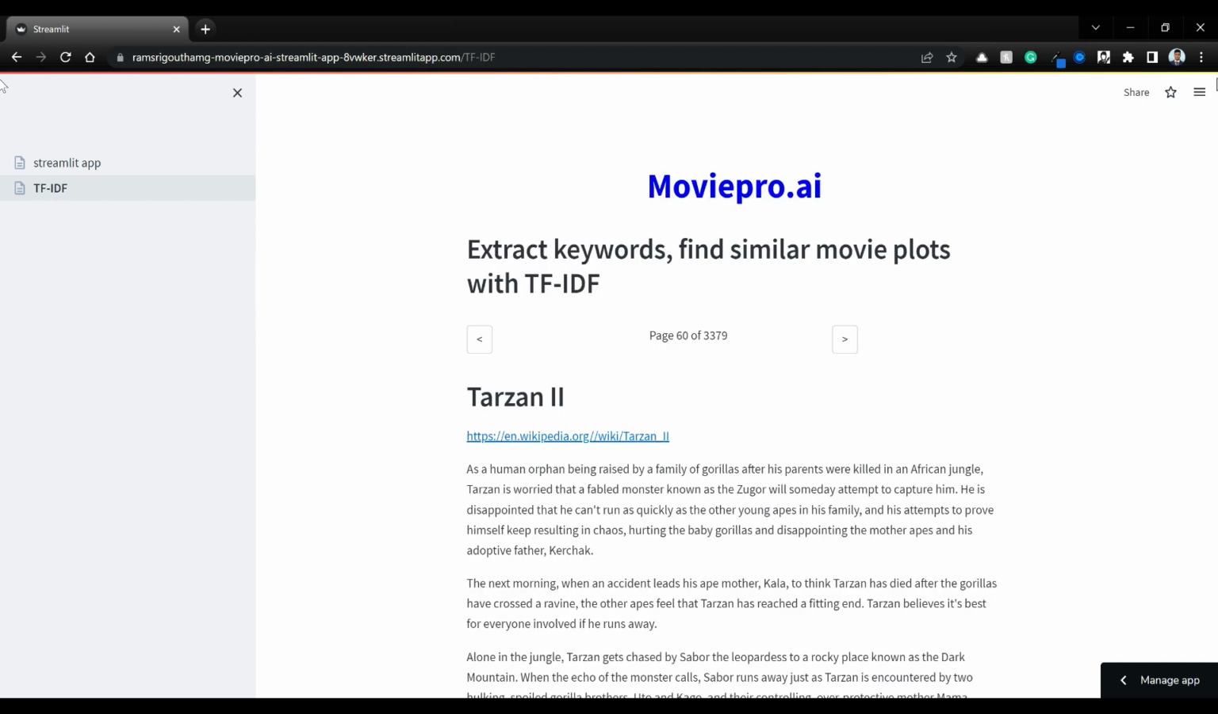As you can see, we have already created moviepro.ai and we started adding features to this. It's almost like a usable app that you can give to any movie production house to organize their movies, scroll through them, extract top keywords, or find similar movie plots using the TF IDF algorithm, etc. So we started learning NLP algorithms, and we are implementing them as features in the